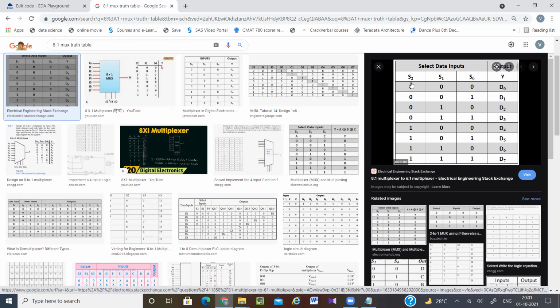Next select 2 false part. For select 2 false part, you can see whatever the combinations for select 1 and select 0, same combinations are for select 1 and select 0. So I can simply copy paste these combinations to here, only my output will change. It will be like D3, D2, D1, D0.